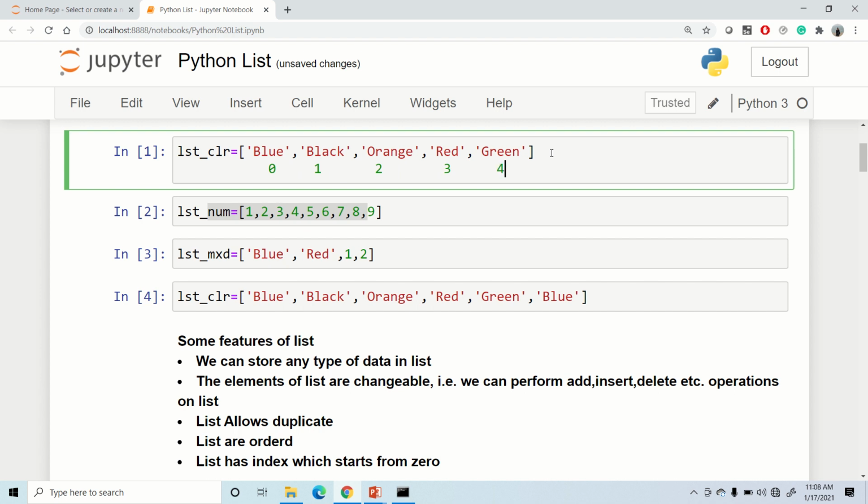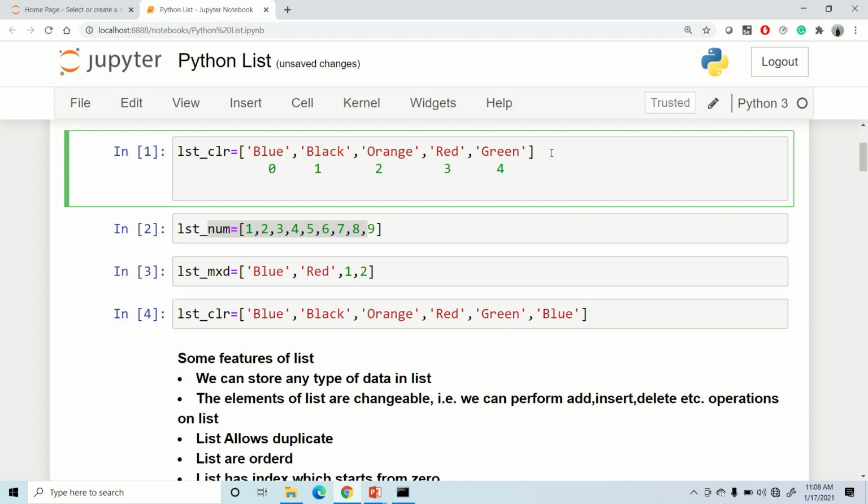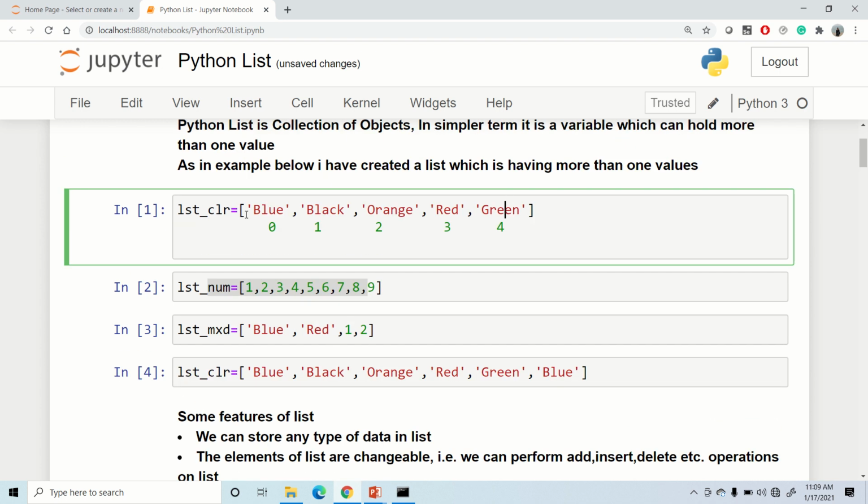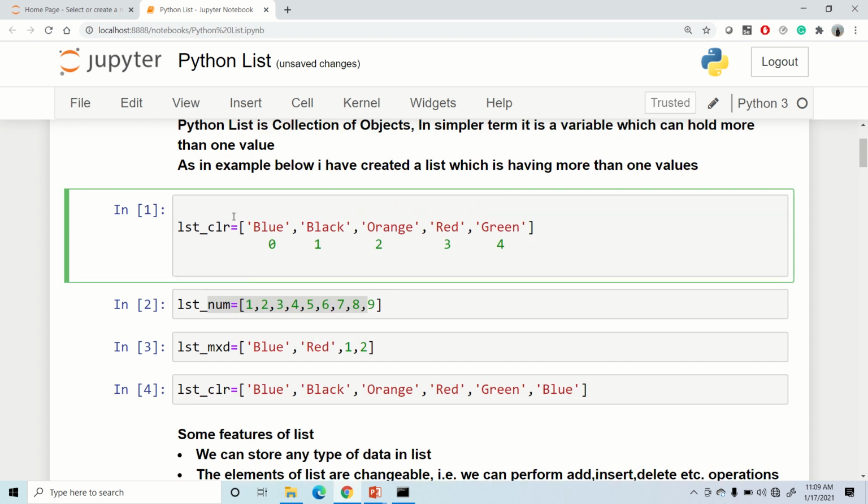We can access the elements of a list from the reverse side as well. If I go to the reverse side, green is on the last side, right? Green is on the top of the right side, right? So here green would get -1. Let me write that as well. If I reverse from here, green is -1. This time the indexing doesn't start from 0, rather it starts from -1.